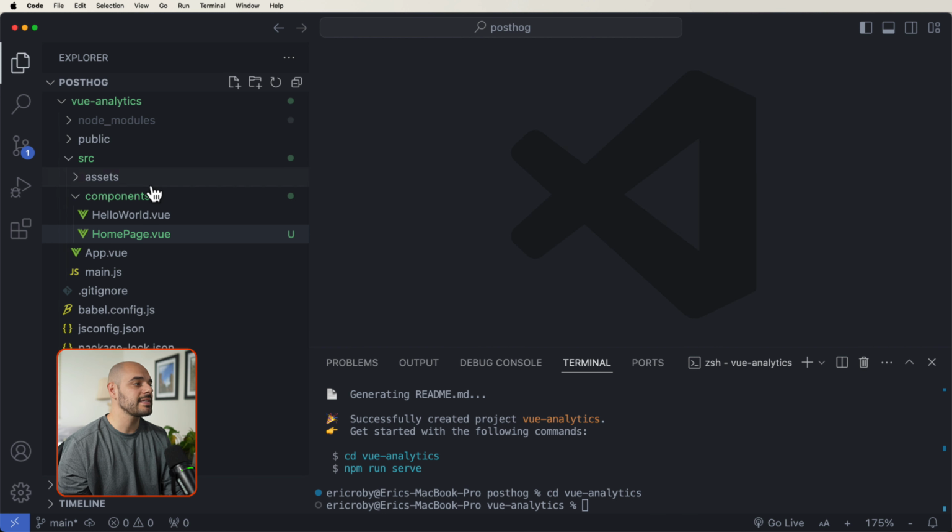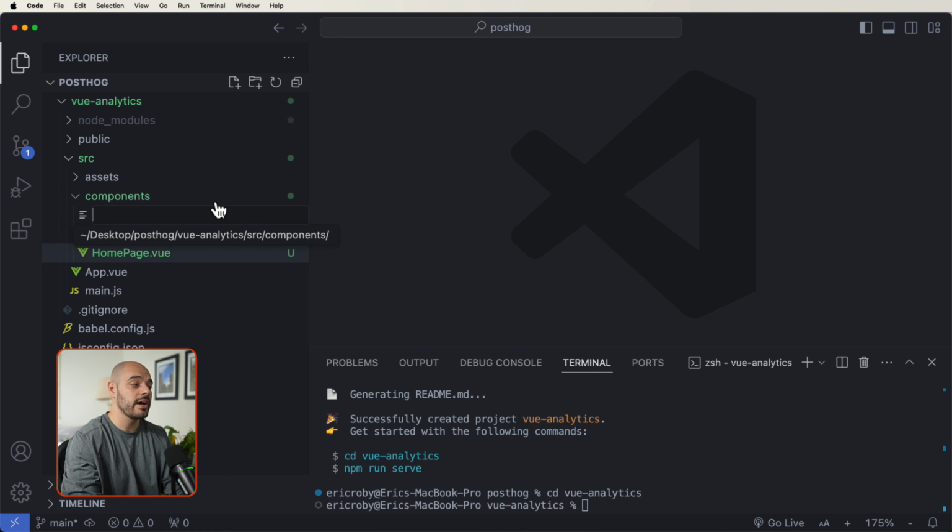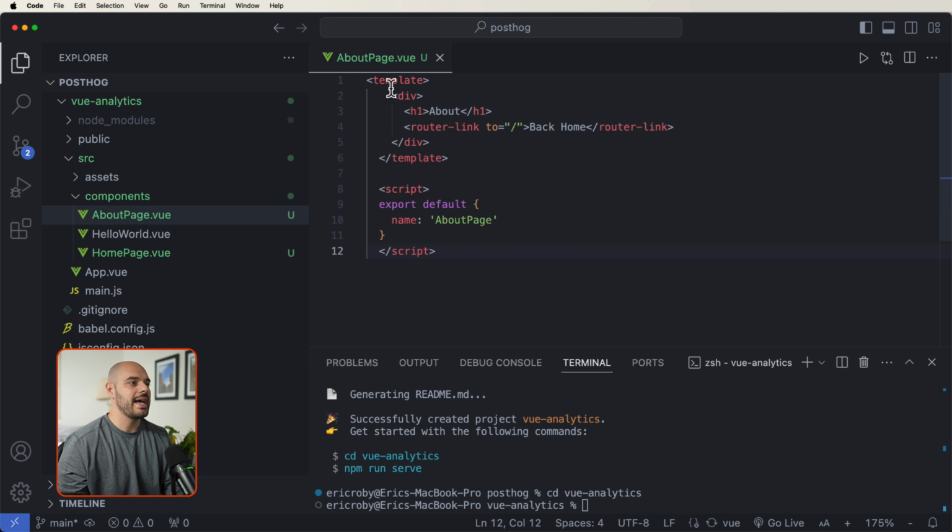Now we're going to do the exact same thing for an about page. So let's go ahead and go into your components, new file. Let's name this new Vue file aboutpage.vue. And inside this file, let's go ahead and add a new template with a div, but this time the h1 tag is going to say About, with a router link that goes back home. So it's going to be a 2-component application with a home page and about page with a link that navigates